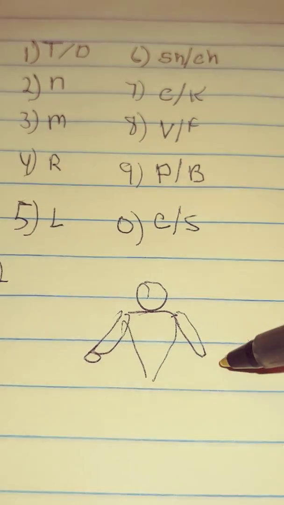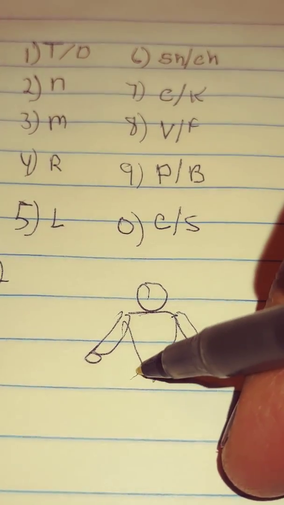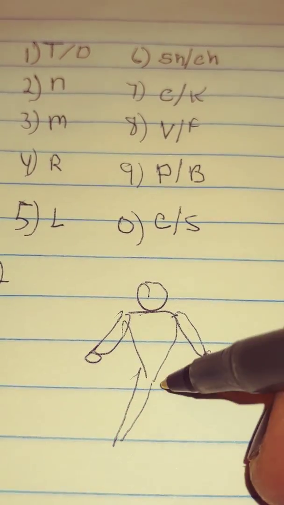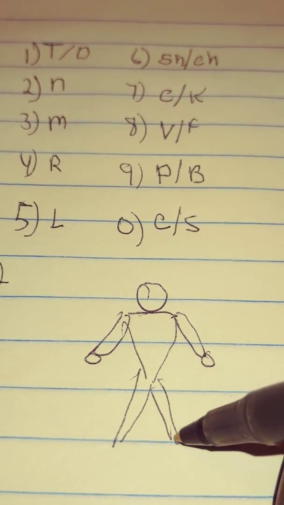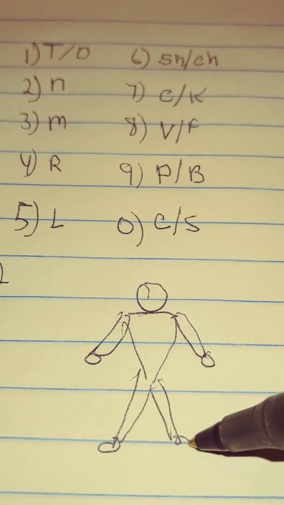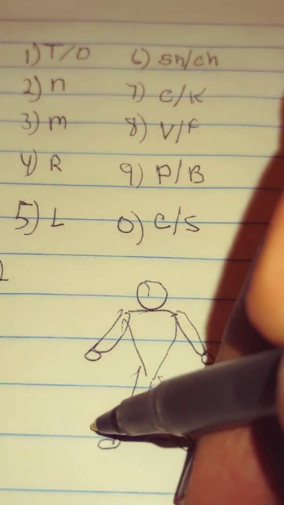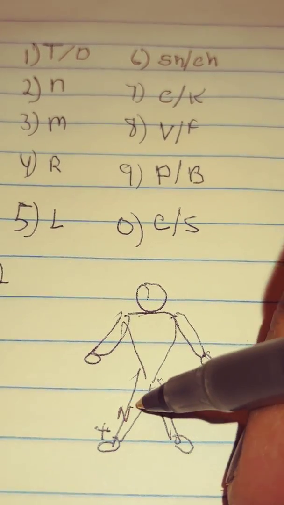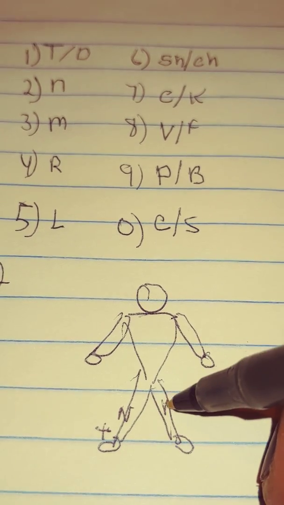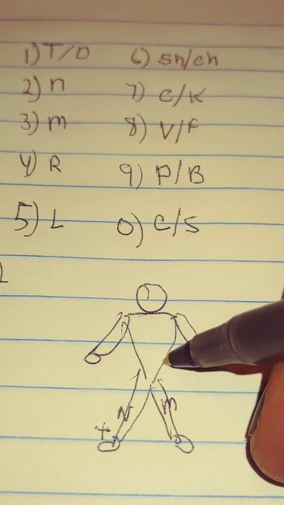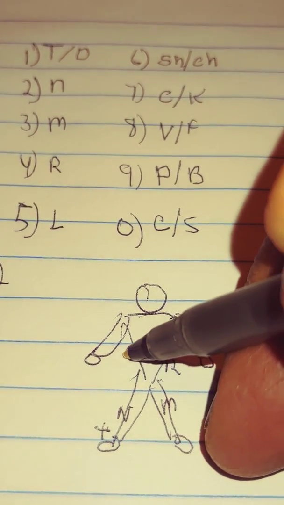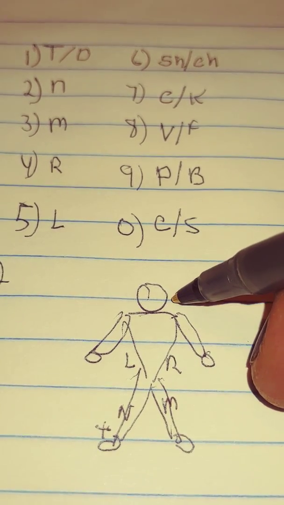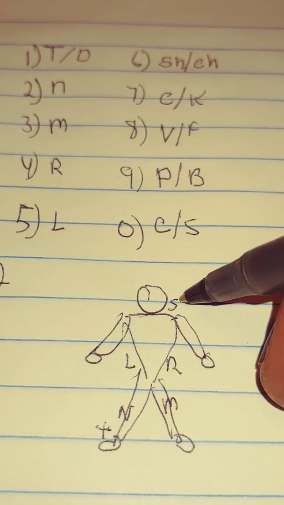You don't use your arms. It's not important. So we have 1 was toes, 2 was knees, 3 was your thigh muscles, 4 was your right side, 5 was your left side, 6 was your shoulders,